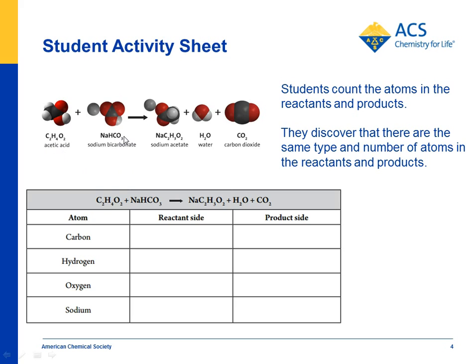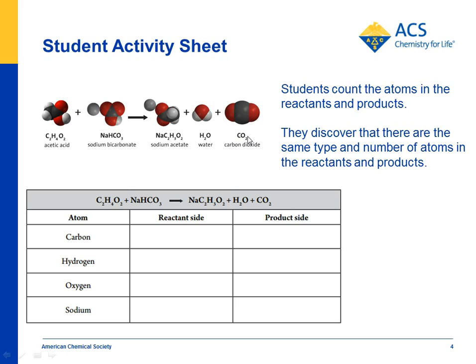And how many carbons here? This little 3, you have to remind them, doesn't apply to that carbon. It only applies to the one right next to it, that O. So there's 1 carbon and 2 carbons here, so it's a total of 3 carbons on the left side. On the reactant side, they would put a 3 here. And on the product side, they would find the carbons here. And there's C2, so there's 2 carbons here and 1 here.